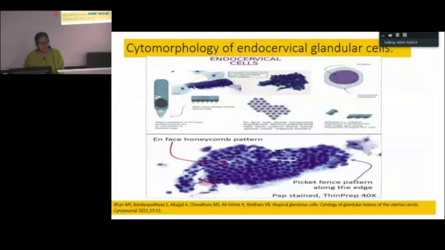So before we start looking at atypical cells, let's revise what normal glandular cells look like in a cervical smear. So you see endocervical cells in a normal cervical smear. What are these like? These are tall columnar cells. They have a wispy, not